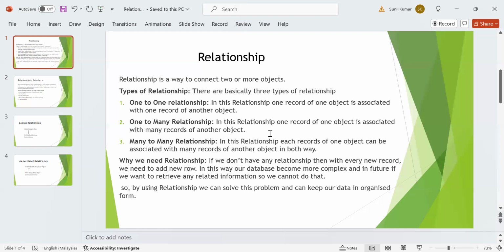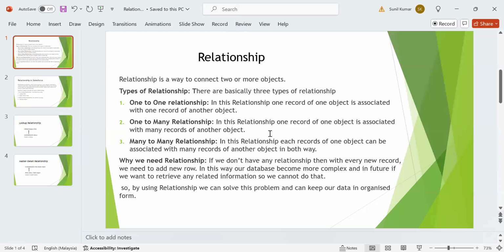Now next is the many-to-many relationship. In this relationship, each record of one object can be associated with many records of another object in both ways, right? Both ways in the sense that one record of one object can be associated with many records of another object, and one record of the second object can also be associated with many records of the first object.